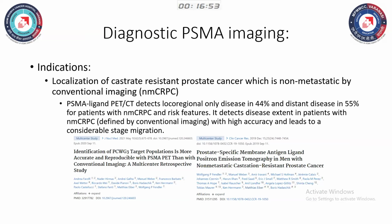The next indication, the localization of castrate-resistant prostate cancer, just non-metastatic by the conventional imaging modalities. The PSMA PET-CT detects the local regional disease only in 44% and the distant metastasis in 55% of patients with non-metastatic CRPC and risk features. It detects the disease extent in patients with the non-metastatic CRPC with higher accuracy and leads to a considerable stage